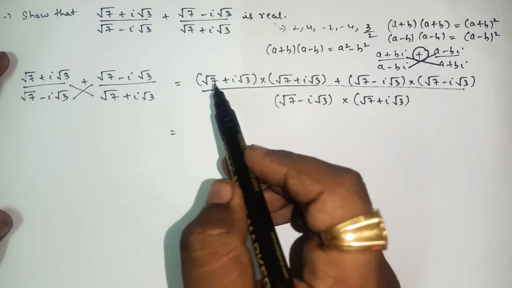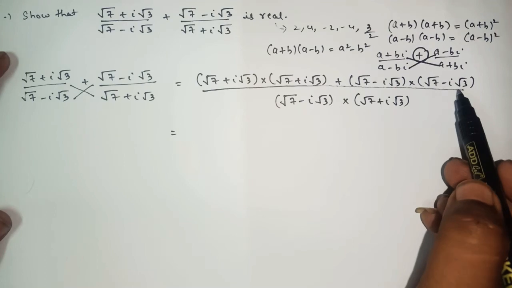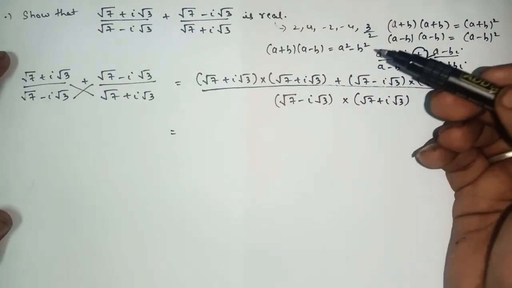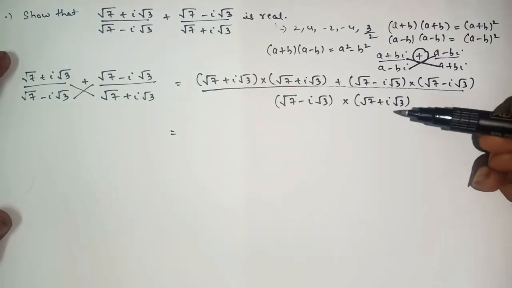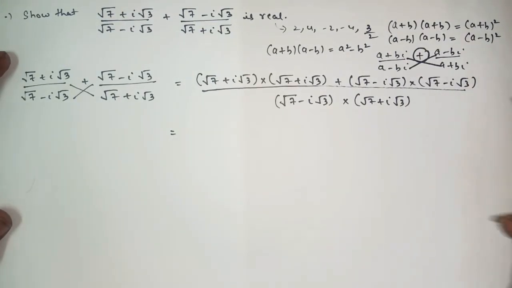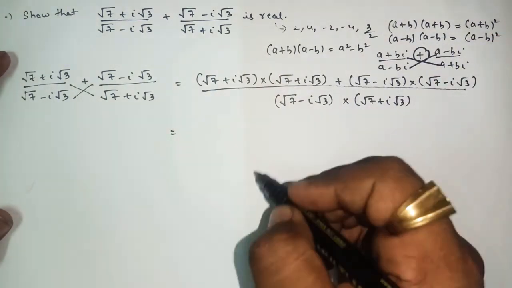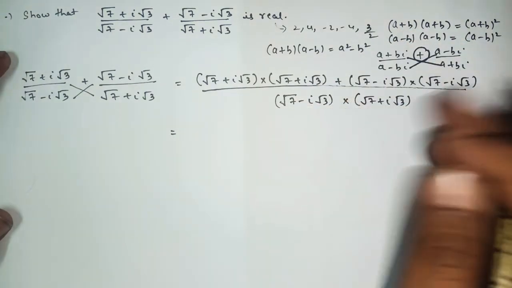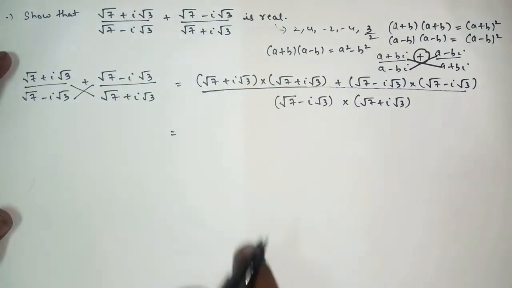The second method is bracket expand. Bracket expand for this part and for this part. When you come across i square, i cube, replace the value of i square, i cube. Then check the like terms. Some terms you will get the same, and as we know, the same terms we have to cancel. So all these things we have to do further.